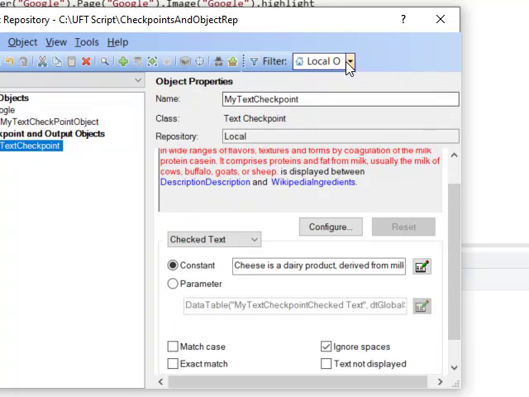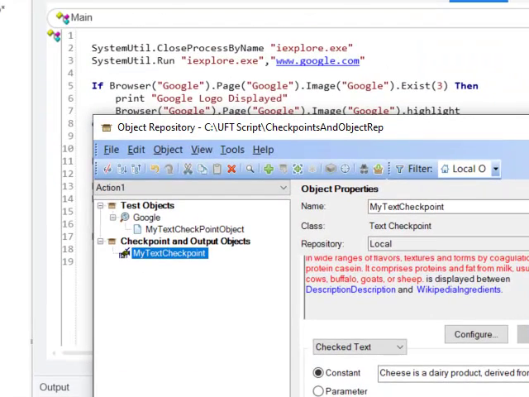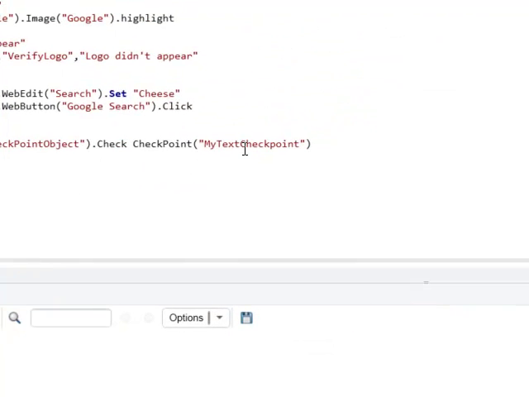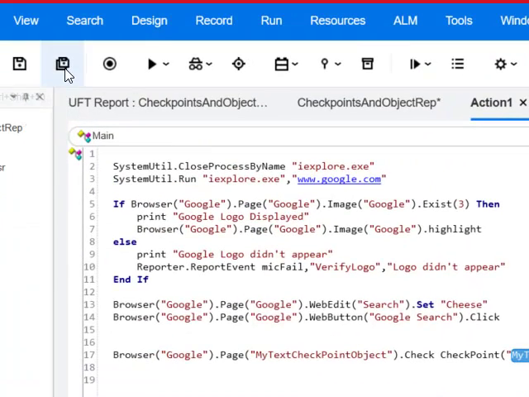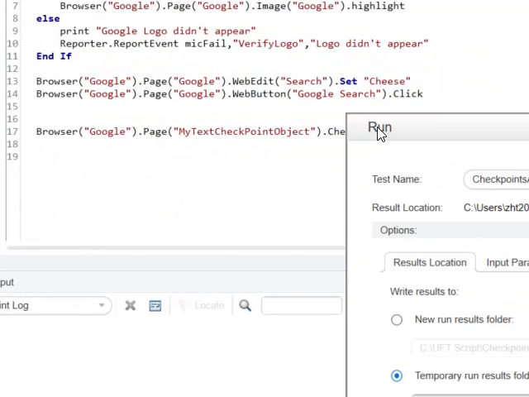So you understand. If I now close this local object repository, you do not have to save anything, it will automatically save. Now can you see my text checkpoint? Can you see that is my checkpoint? And where is the checkpoint? My text checkpoint object. You got it? On that object, what we are doing is checking this checkpoint. And what I have in that checkpoint, I'm checking if some text is present, right? Now, if you run your code again, I'll give you the opportunity to ask me questions. If you run your code again,